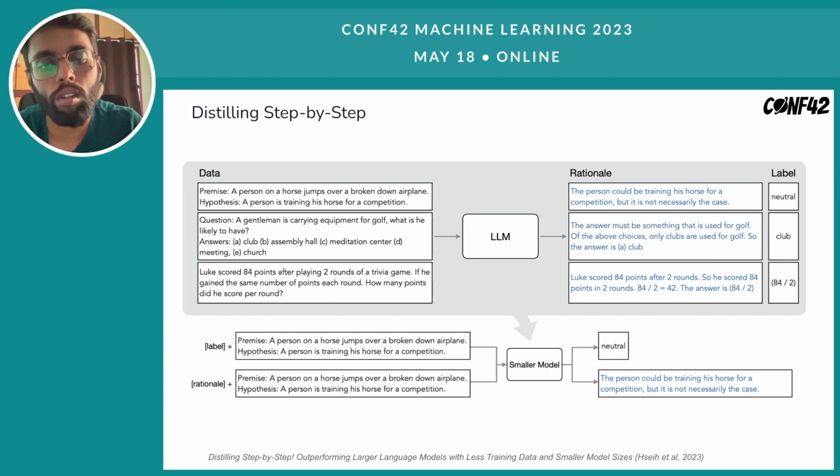So they ask the model to predict a label as well as the rationale for it. Instead of concatenating the rationale and label as one chunk, they approached this as multitask training, and they have shown that this gives a better improvement in improving the smaller models'